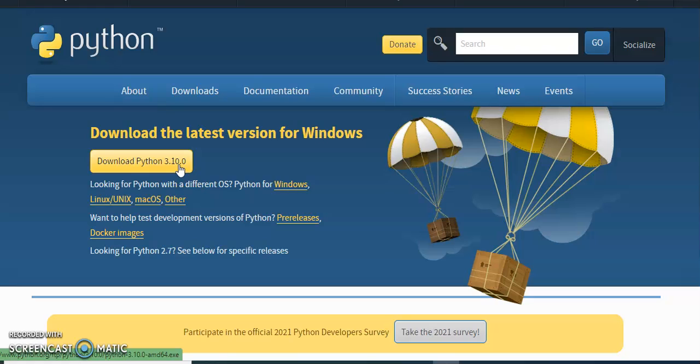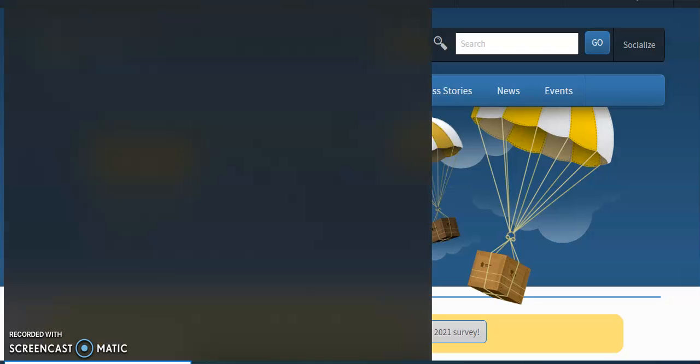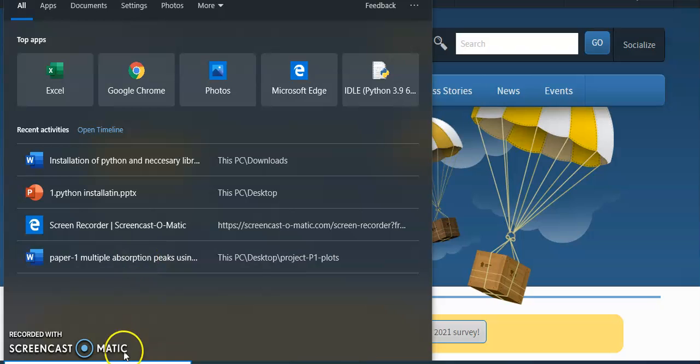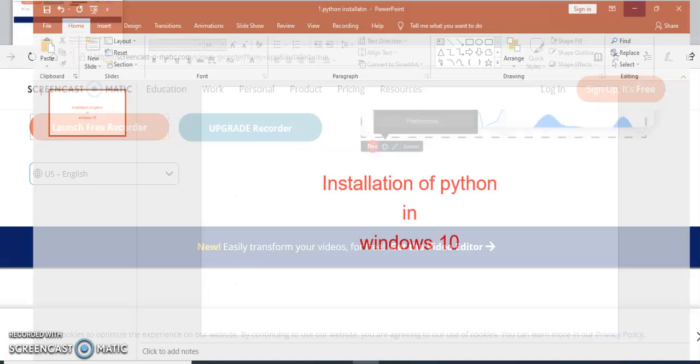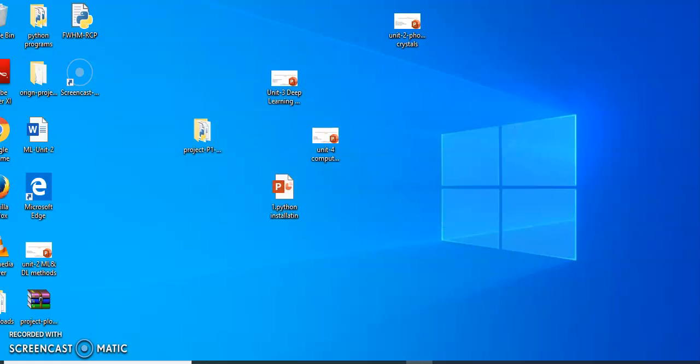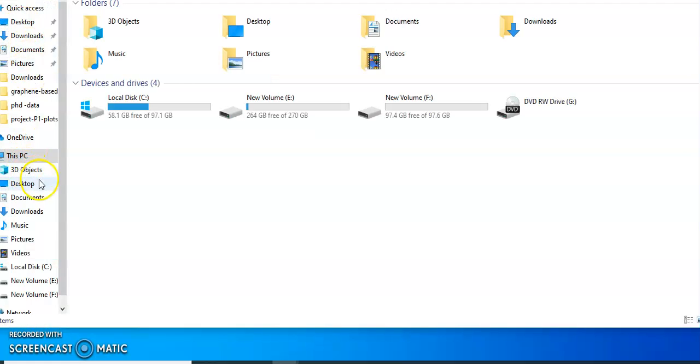Next, one important thing is you need to know where it is installed. That is a very important step to install the libraries and all. It is always stored in the C drive, in Users on your PC.